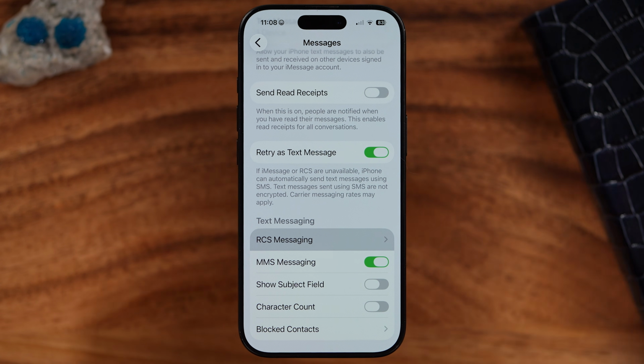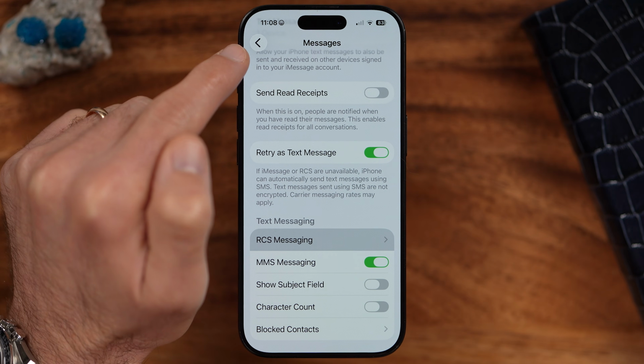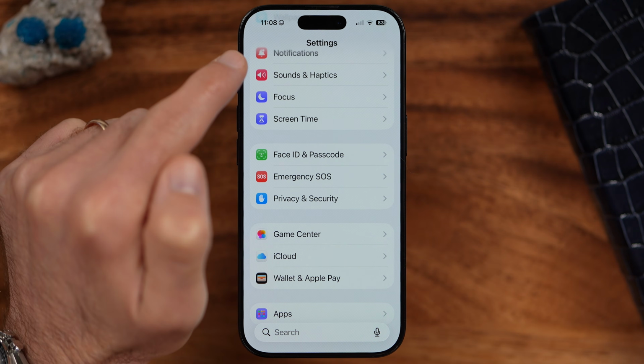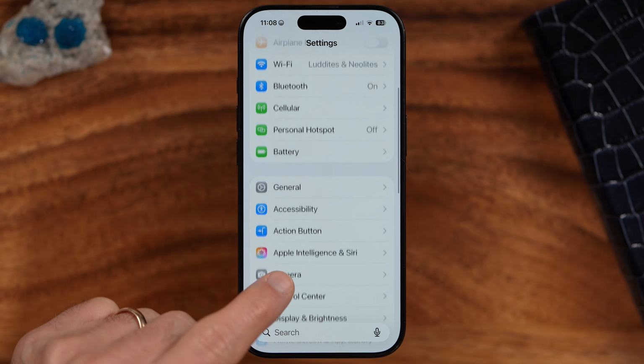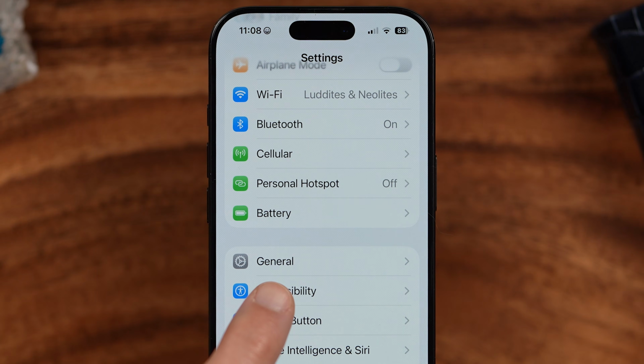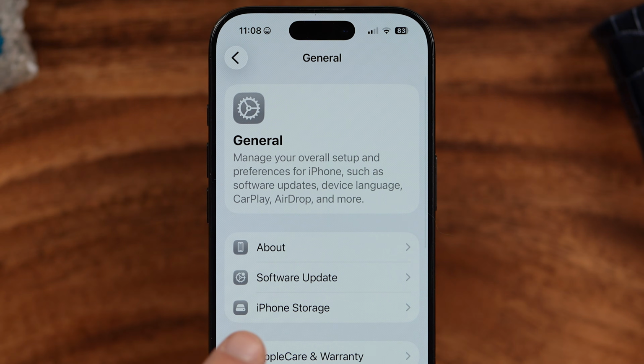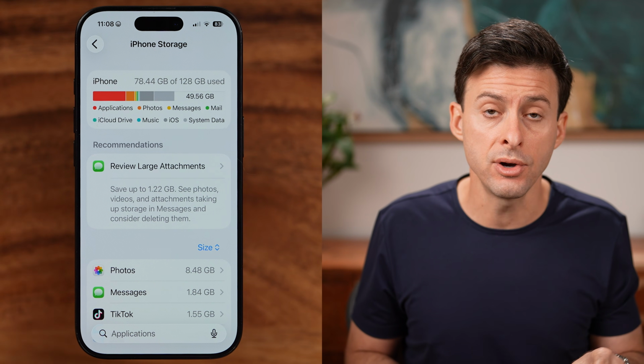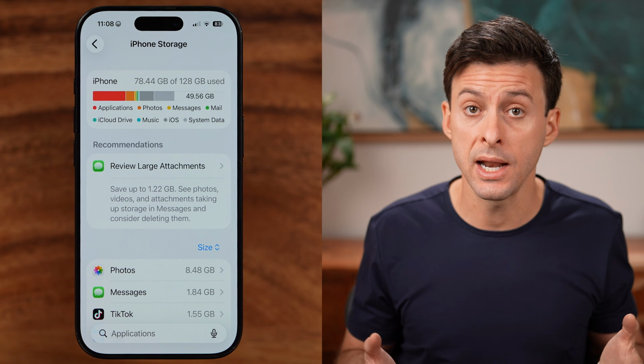If you go through these and it's still not working, tap on the back arrow at the top left, tap back again, and scroll to the top. Tap on General midway down. Tap on iPhone Storage. Sometimes your phone won't load those message photos or videos because you ran out of space